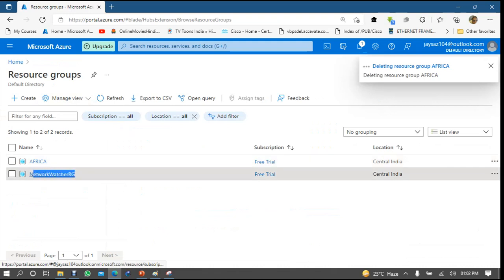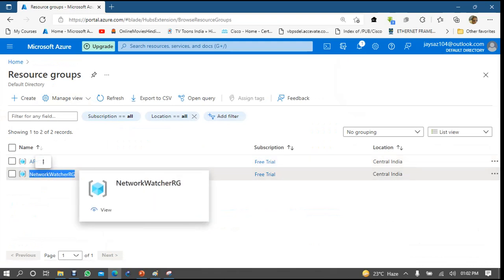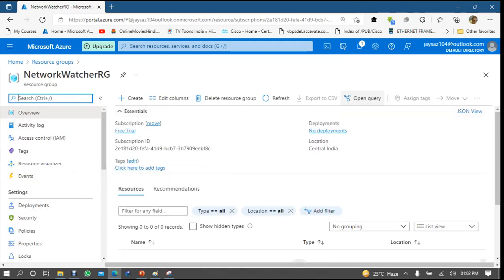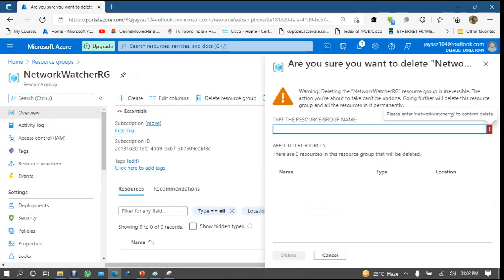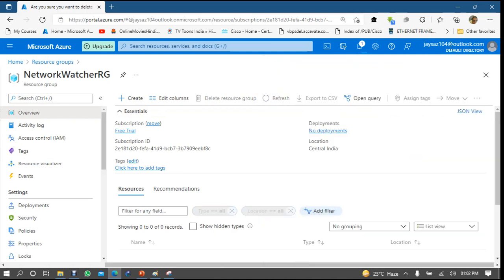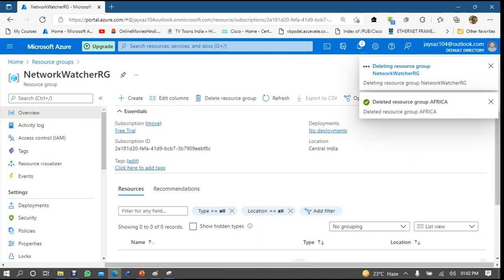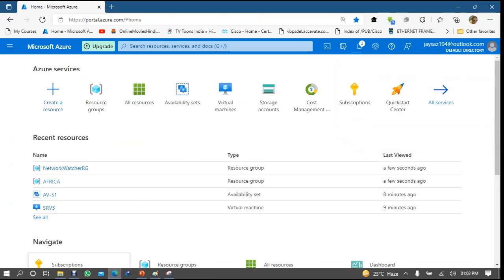Now copy this one, network watcher RG, copy, come here, delete resource group, paste it here, delete it. Okay, so now everything is deleted. Now after that you can close it. Okay,